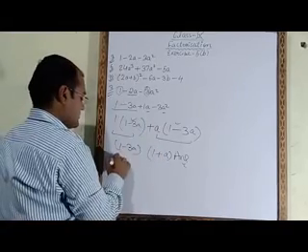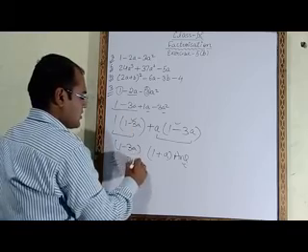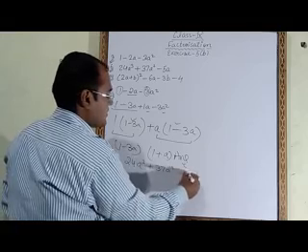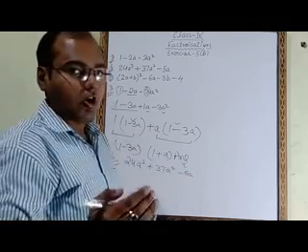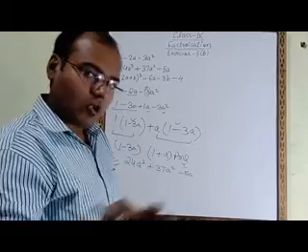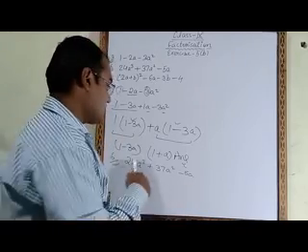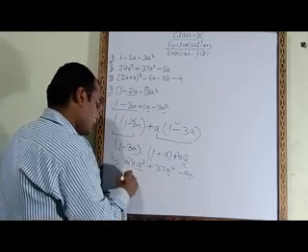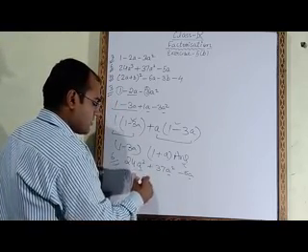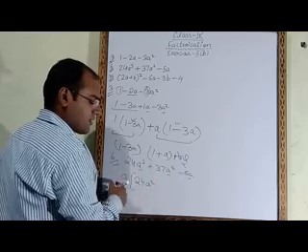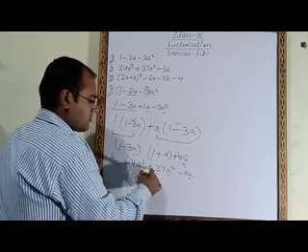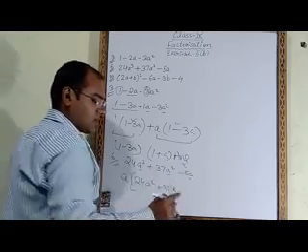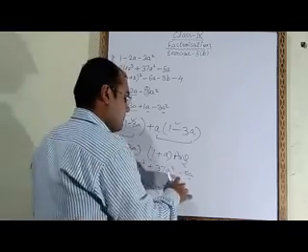Now see question number 6. Question number 6 is 24a cube plus 37a square minus 5a. How many terms are there? 3 terms, odd. If it is possible to take something common from all 3, then only we take common. You can check it. We can take a common from all 3 terms. So we will take a common. Now we will write the remaining part in the bracket. 24a cube is there, and 1a we have taken common, so here it will be 24a square, plus 37. A square was there, so now we write only 1a because we have taken 1a common, minus 5a.